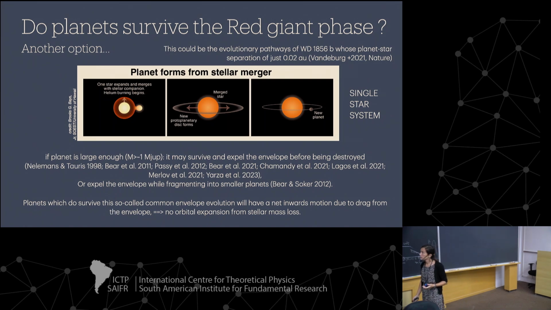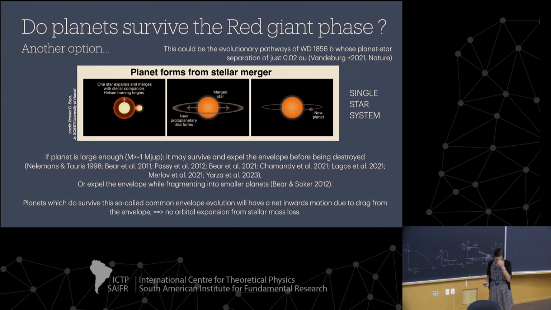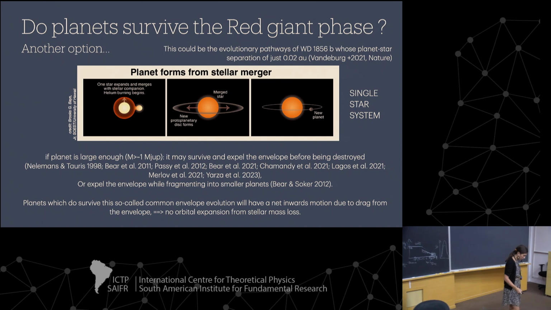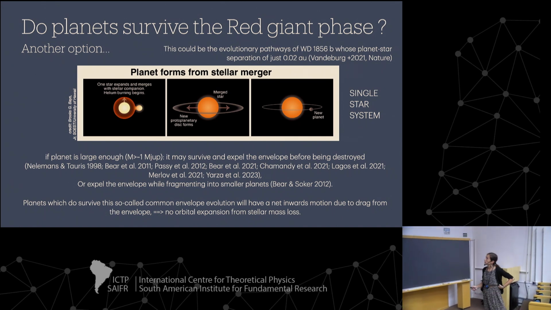Obviously, it's a rarer option. But this could be the formation pathway of one of the exoplanets that was found by transit, which is